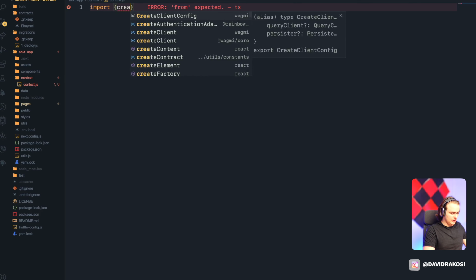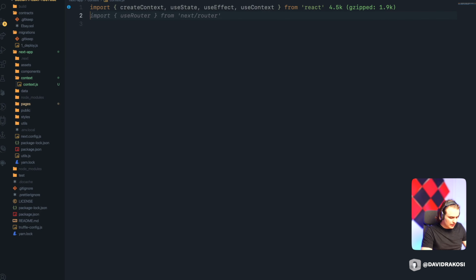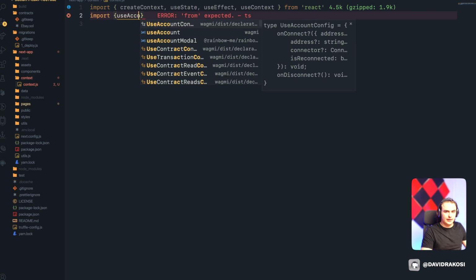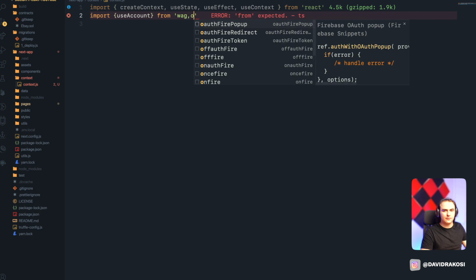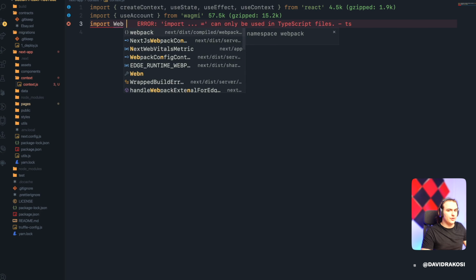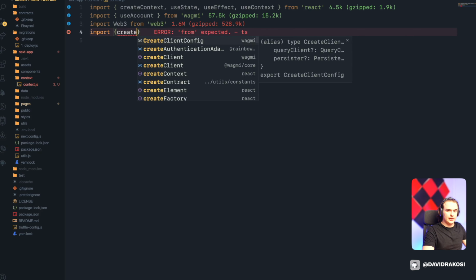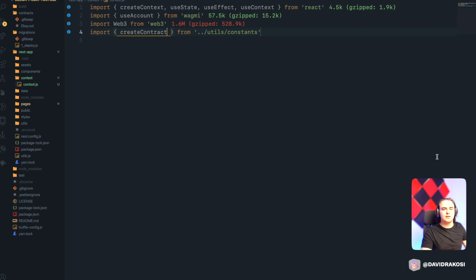So we wanna definitely import createContext. We wanna import useState, useEffect, and useContext like that from React, all of it. And then while you're at it, go ahead and import useAccount from Wagmi, which is just a super nice and easy way to get all the account details. So yeah, there's that. And then you want to import Web3 with a capital W from web3 with a not capital W. And then you also want to go ahead and import createContract from utils and constants,